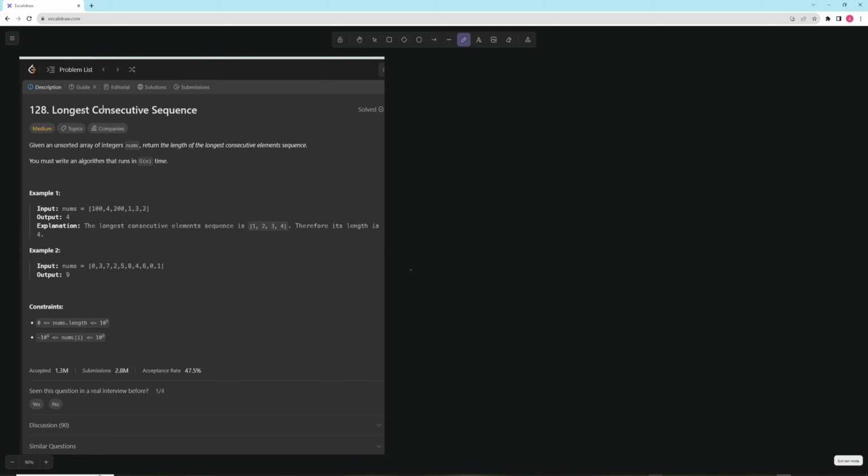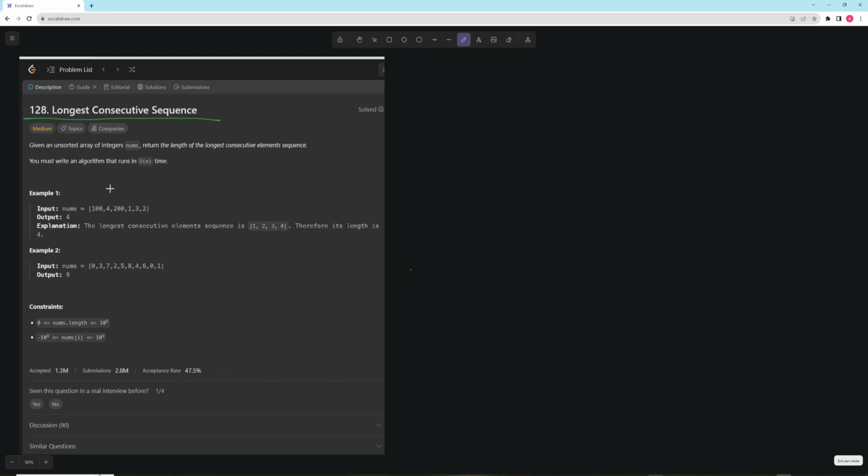In this problem, we're going to be continuing on with the TypeScript line 75, and we're going to be doing longest consecutive sequence. In this problem, you're given an unsorted array of nums, and you want to return the length of the longest consecutive element sequence, and they have to be actually increasing, so every single element has to exist. So you have to have like 1, 2, 3, 4, or 3, 4, 5, 6, you can't have anything